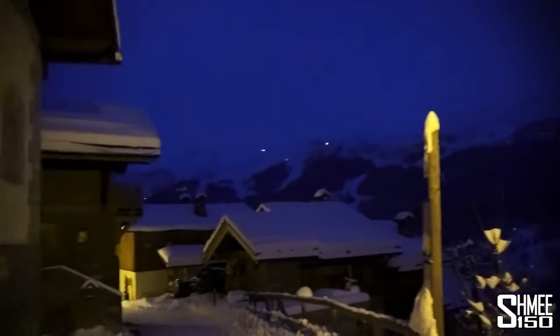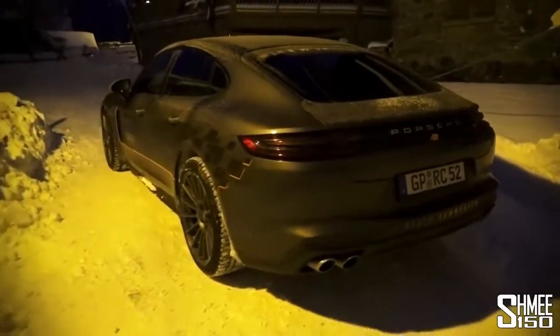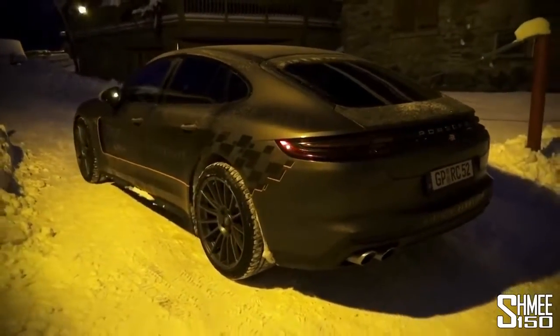Panamera and say farewell to the French Alps, the wilderness where we are right now. You can see the piste bashers up on the mountain preparing the slopes ready for tomorrow, but the sun is, well, not even up yet. The RaceChip Panamera, this is my last time that I'm going to be driving it and taking it to Lyon